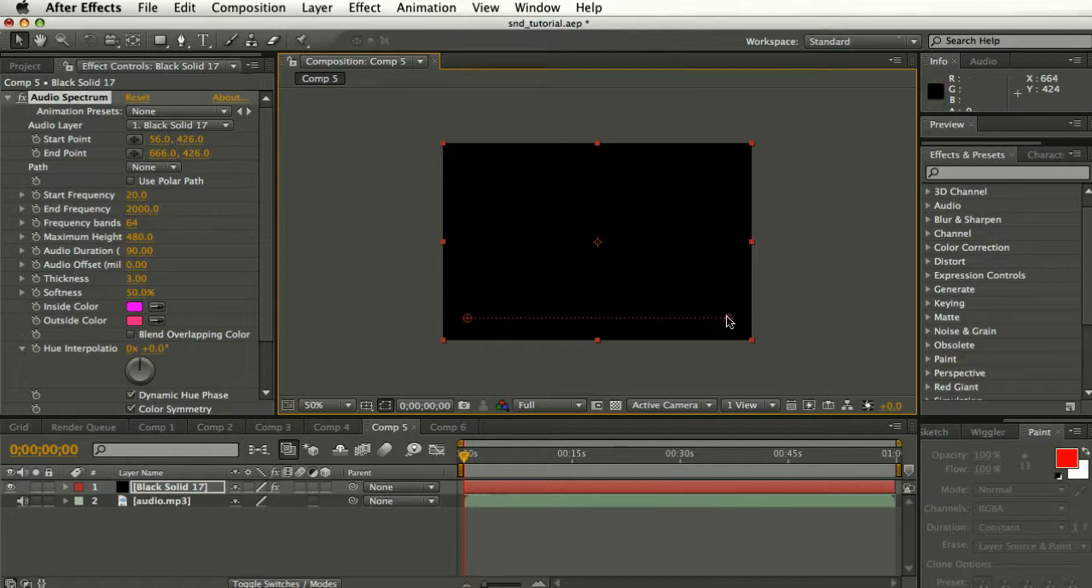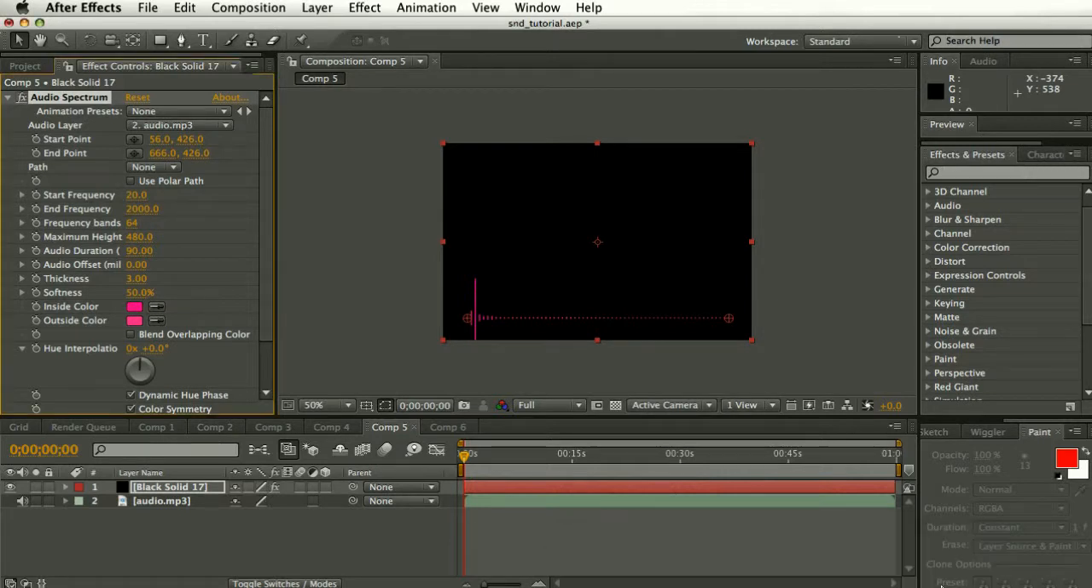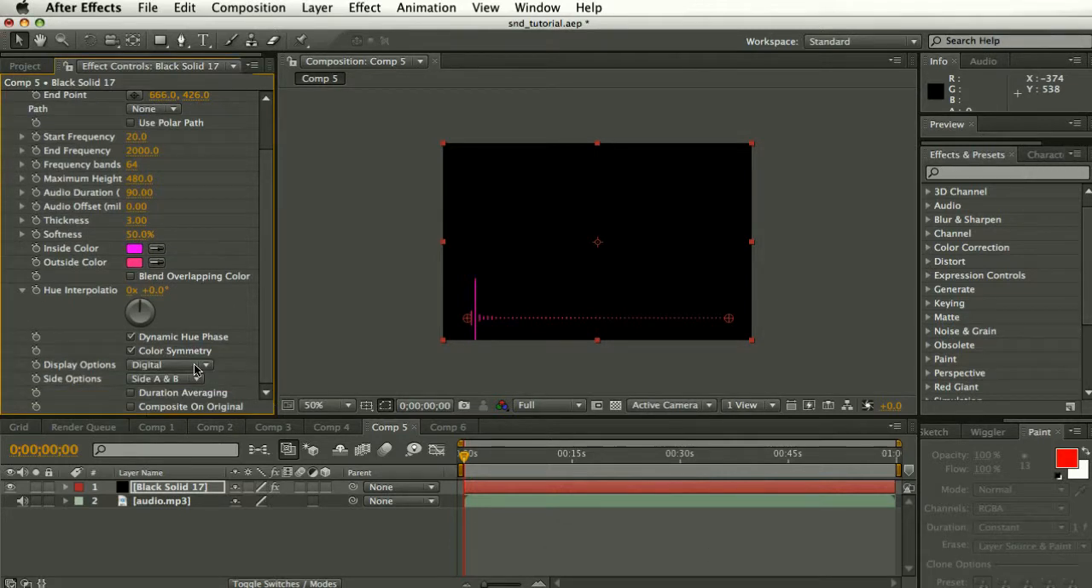Select 426, yeah. Here, make sure it's a straight line, and specify the audio layer, and you can get the spectrum here. Change it to red. You can have any color, it doesn't matter. So let's leave it. And if you want a colorful spectrum,